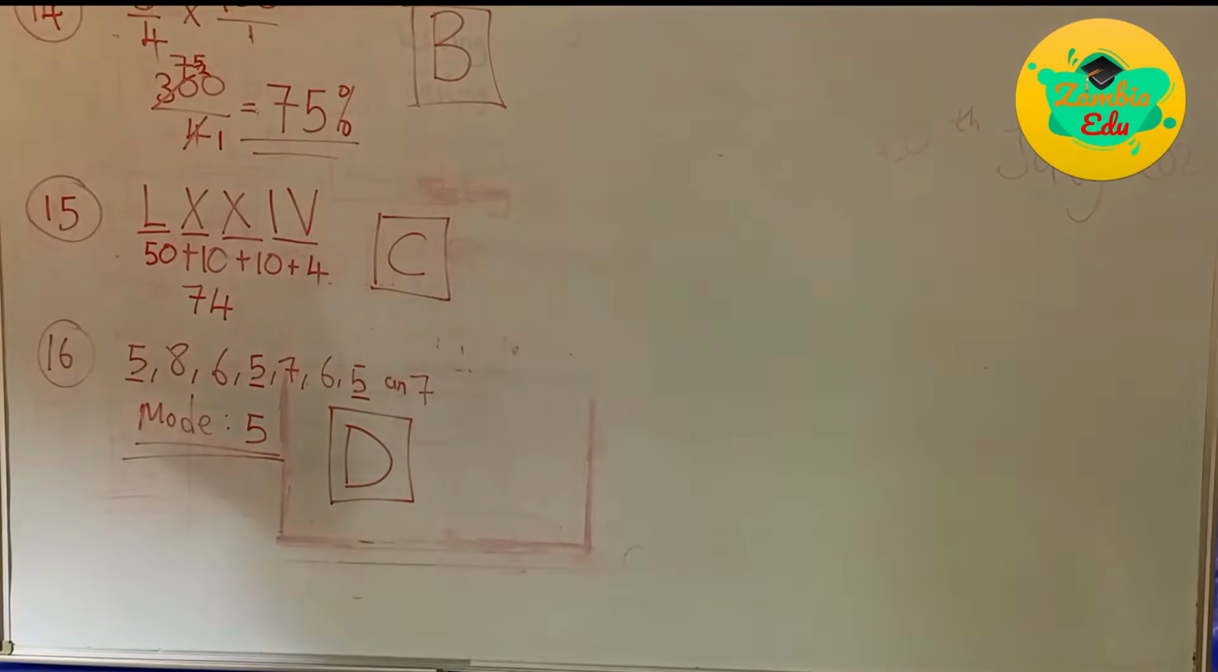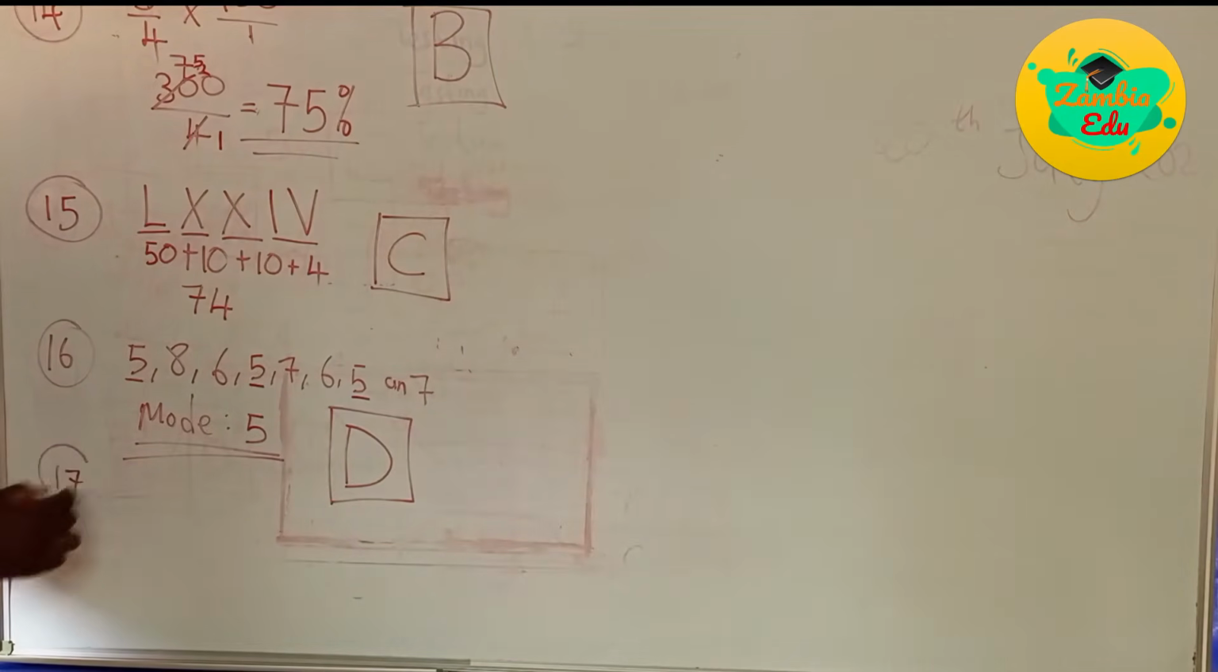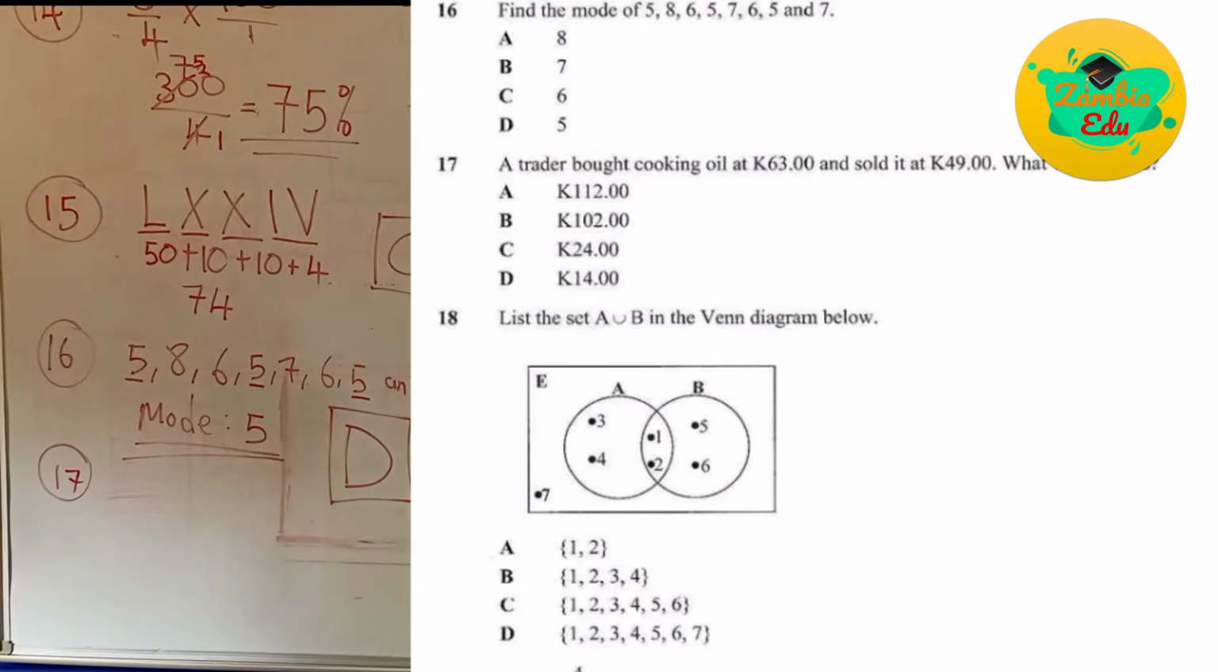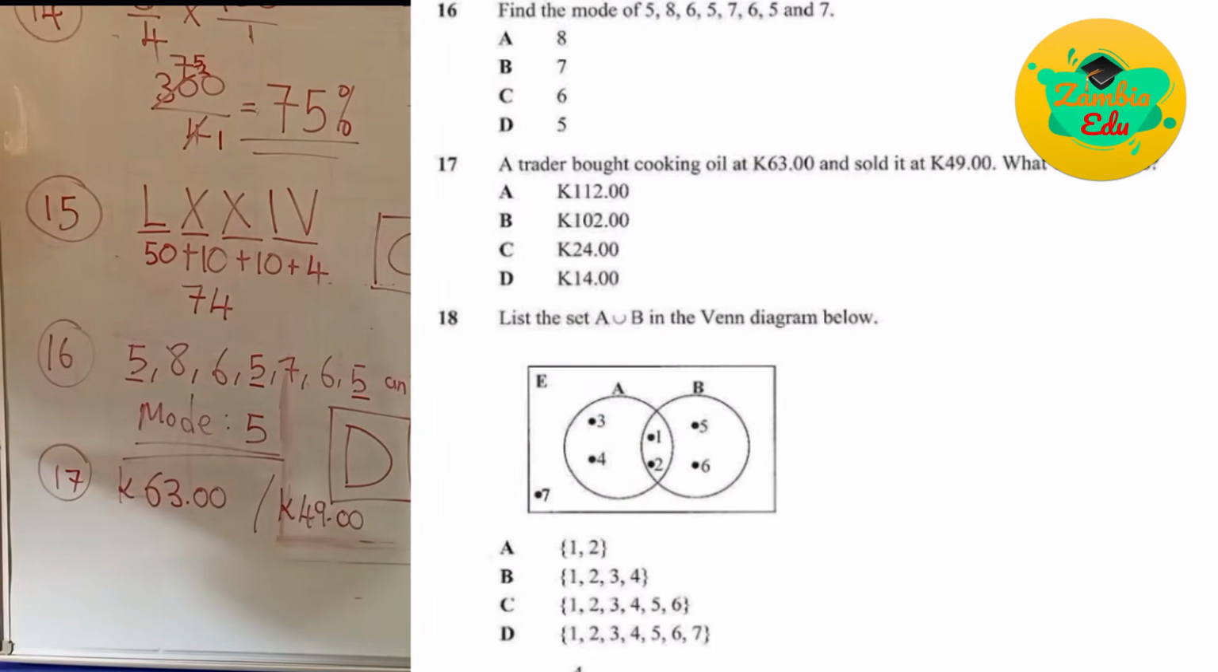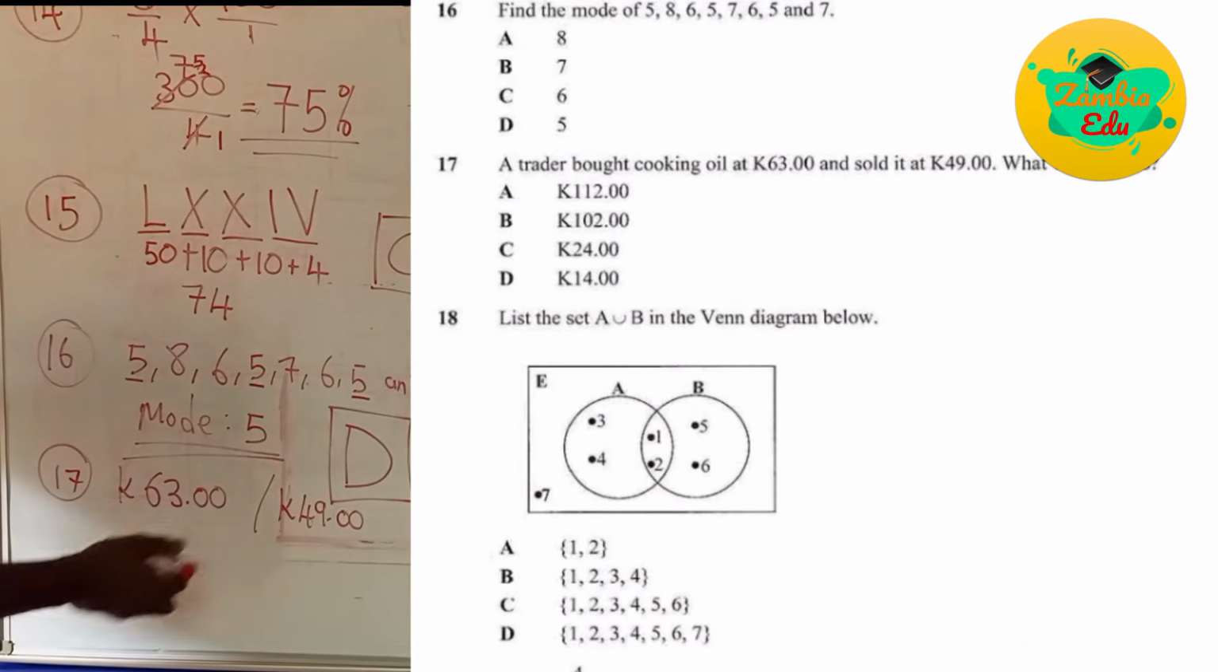Question number 17. Question 17 reads, a trader bought cooking oil at 63 kwacha and sold it at 49 kwacha. What was the loss? So we see cooking oil being bought at 63 kwacha, and we see the cooking oil being sold at 49 kwacha. What is the loss? To find the loss, we simply